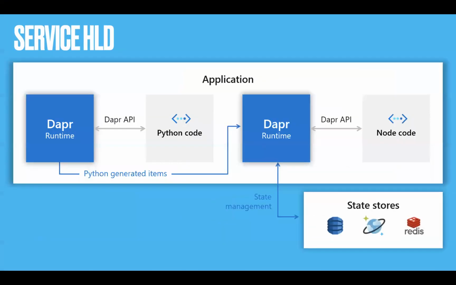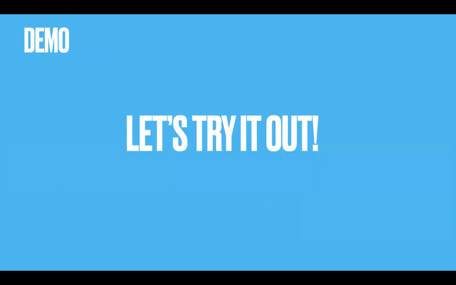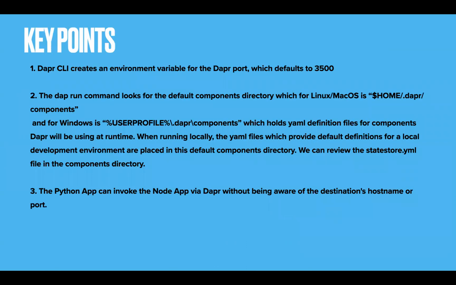So we were able to achieve this whole architecture just with two pieces of code in two different files, and without writing any boilerplate for any state store or communication between services, anything. Everything was handled by Dapr. So that is it. And what are the key points that we can get from this